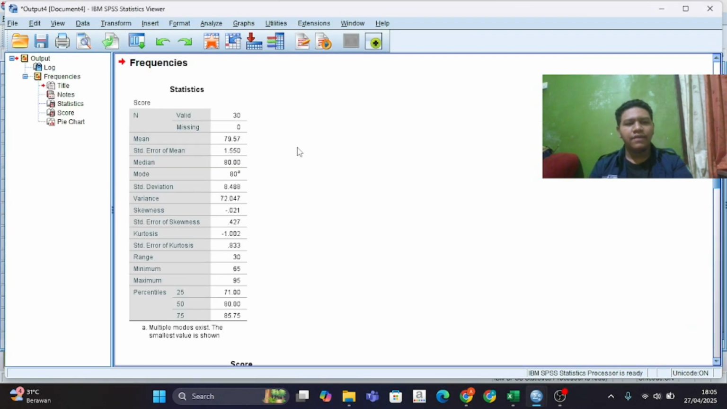So in here we have the statistic. So the mean is 79.57. So the mean of the data, the score of student, is pretty good, 79.57. Next is median. So half of the students have 80 score, and the mode is